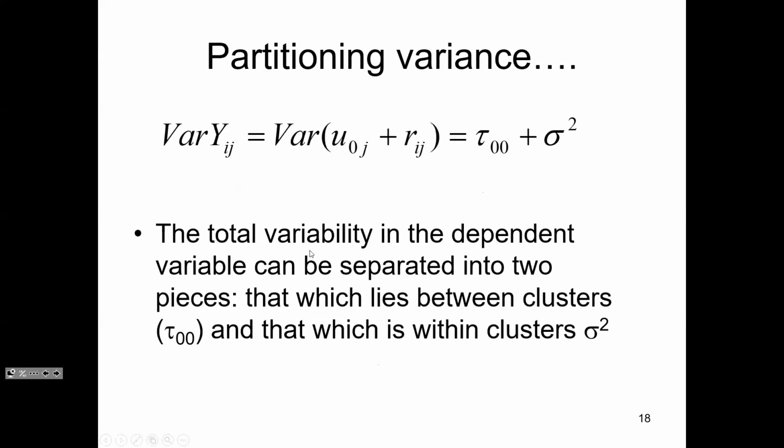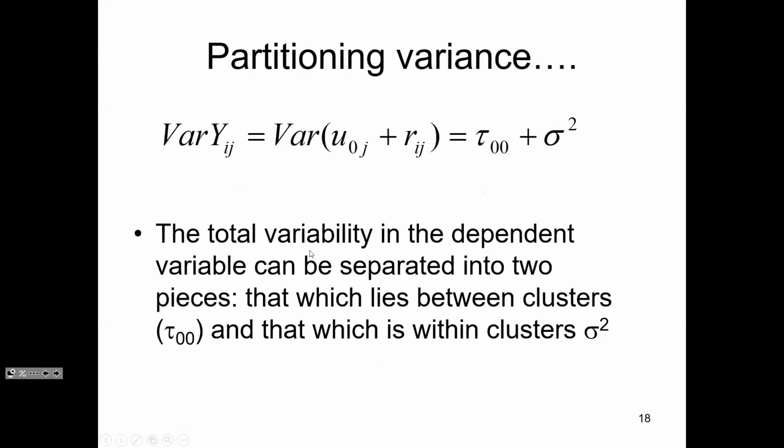So, whether you're higher or lower than your school's mean has no relationship to whether your school is higher or lower than the overall mean. We're actually making the assumption that there is no covariance between those two error terms. Because of that assumption, we can add those two variances together to get the total variance in the outcome variable. So the total variance in Y is just the variance in U sub naught J plus the variance in R